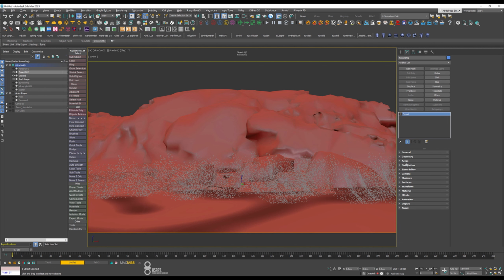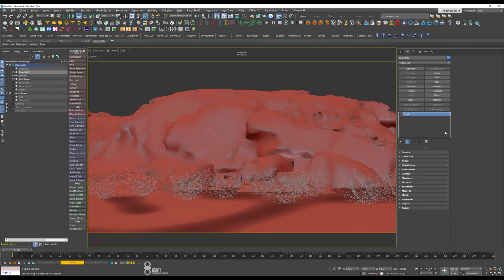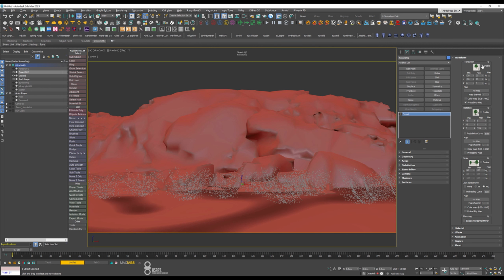Then go back to geometry, make them a little bit smaller. Go to transform, enable translation, rotation, and scale. So we can bring that down a bit, this guy down a bit,